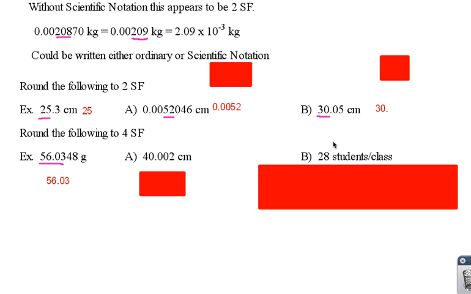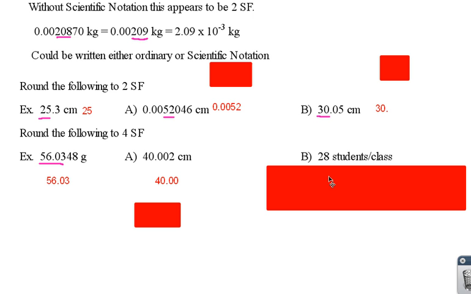And then on the next page at the top, we have 40.002. Well, the 2 is the 5th value, so that's the value that's going to be dropped off, so we just have 40.00. And then lastly, for this one, I was thinking a teacher has an average of 28 students per class,